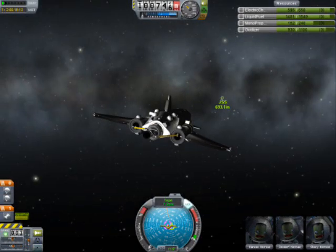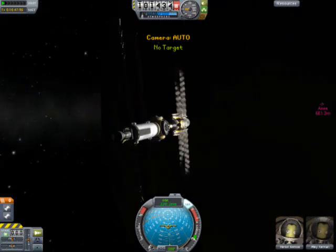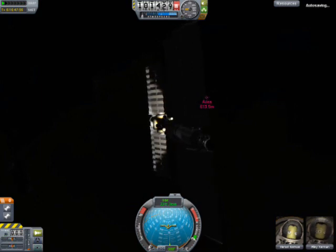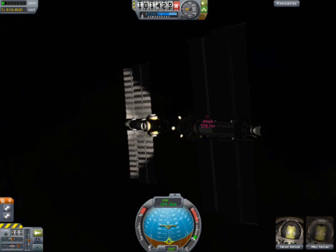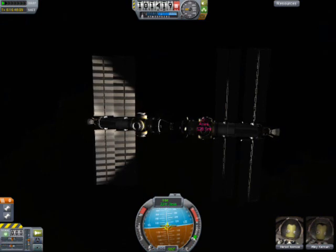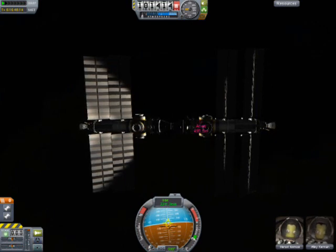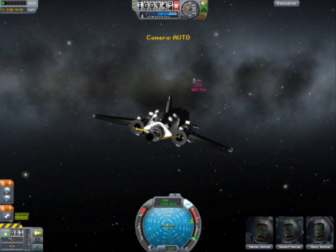Alright, so we're en route to the new space station. By the way, if you haven't noticed, I have put up a new space station, mostly because I didn't think the last space station was doing so well, because it was just getting really crowded and everything, and I didn't think it was organized as well. I just didn't think it was very good, at least. So I decided to make this one, and also I liked the Soyuz spacecraft so much because it was so fuel efficient and could get Kerbals and cosmonauts into space so efficiently. I decided to keep it, keep the space station and to